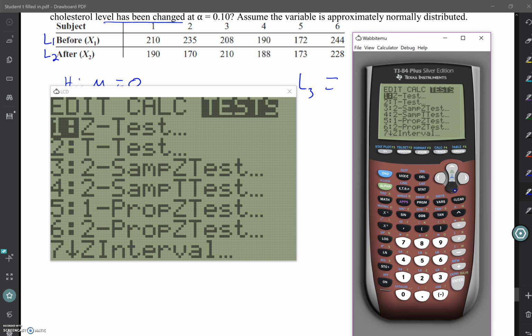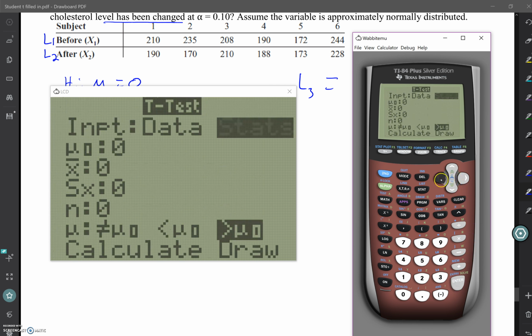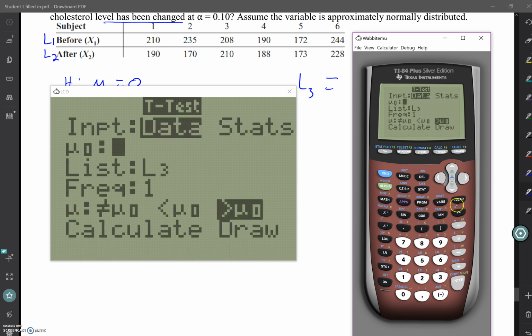And over to test. And since it's only one list of data, that difference list, we're going to do a t-test with data. Now your mu-d, your null hypothesis says